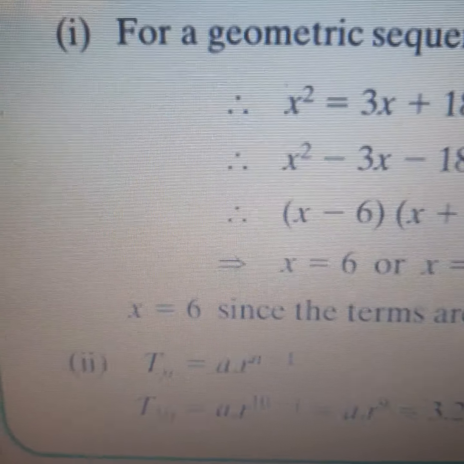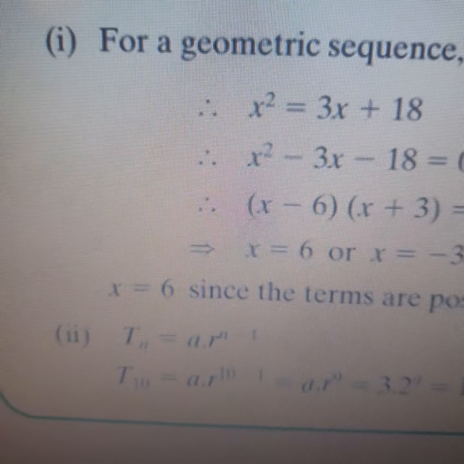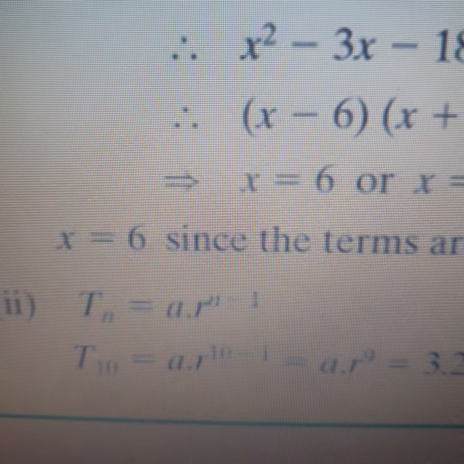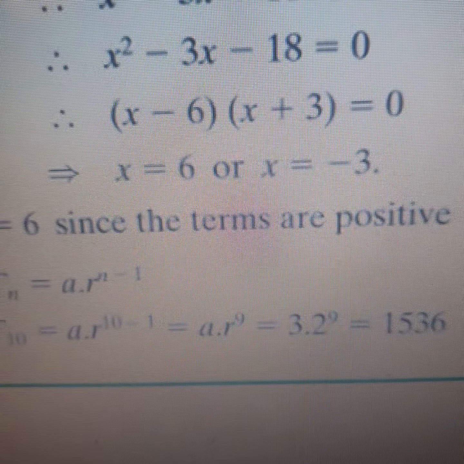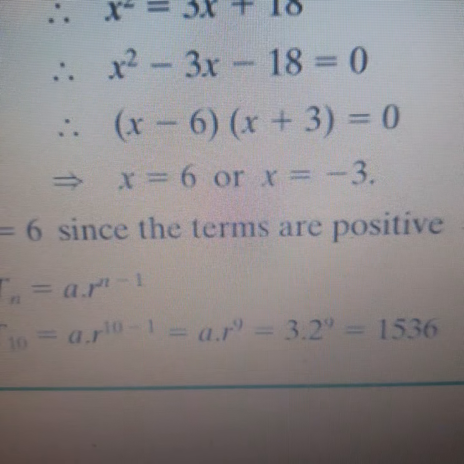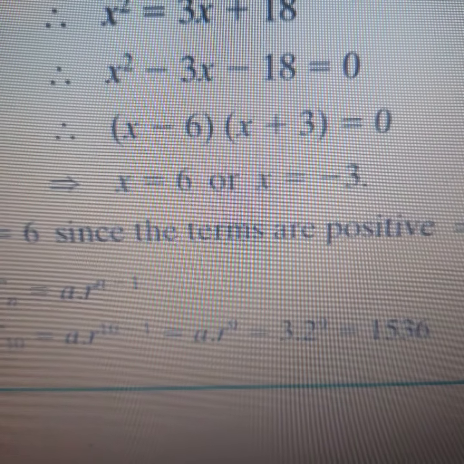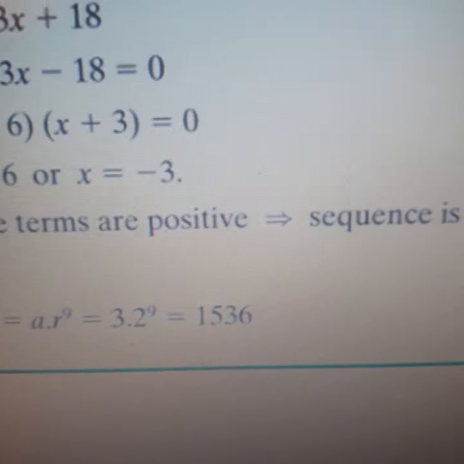So fill that in. We'd have A R to the power of 10 minus 1 because we're looking for T10. Now remember, R is 2. So fill in your A, which is 3. Fill in your R, which is 2. And all to the power of 9. Put that into your calculator and you get